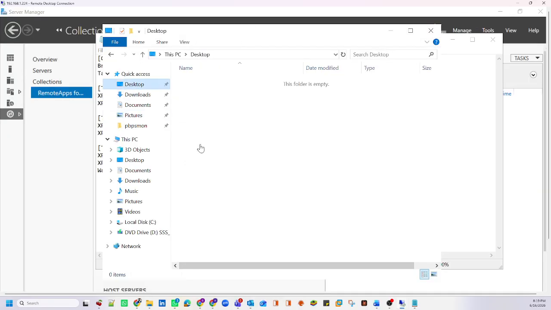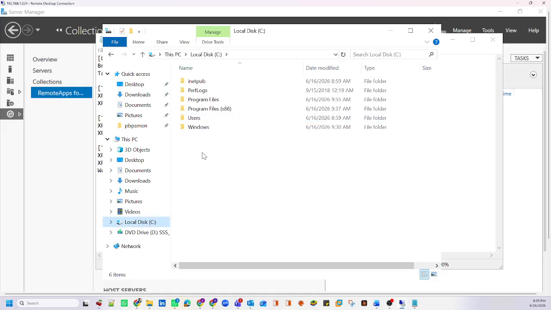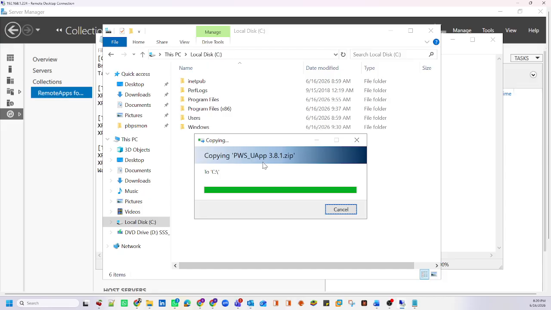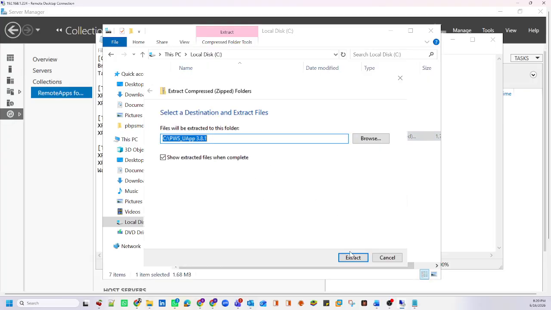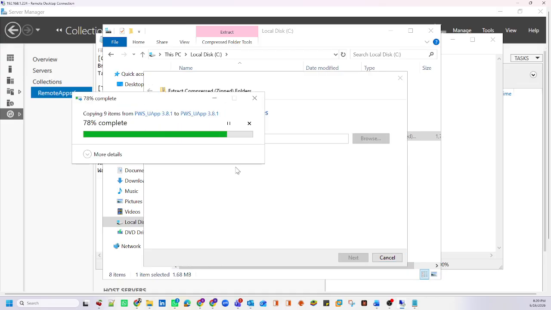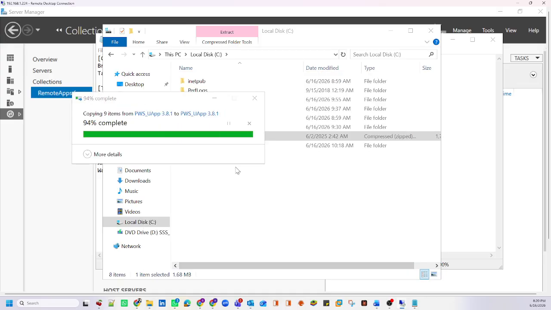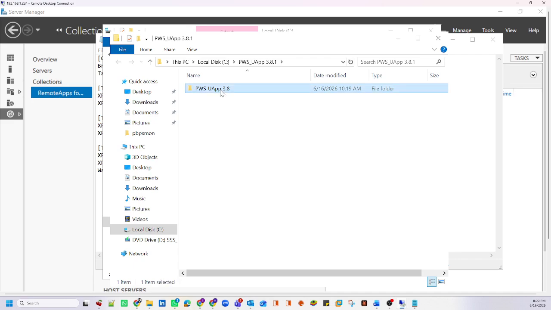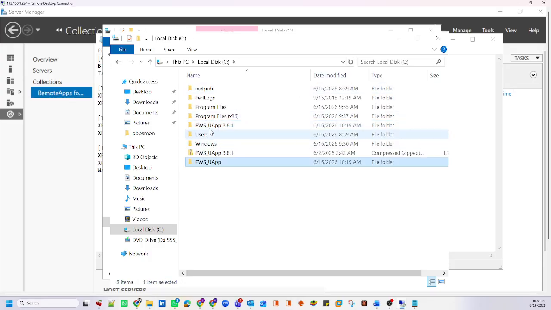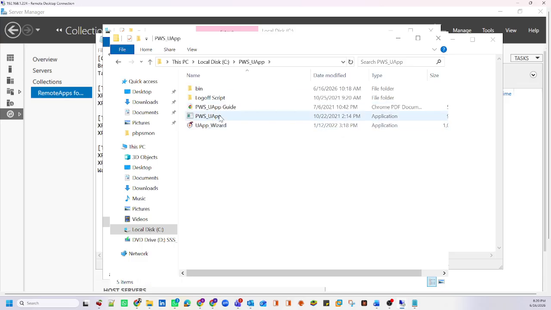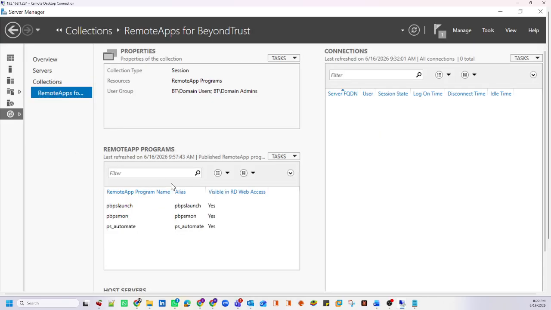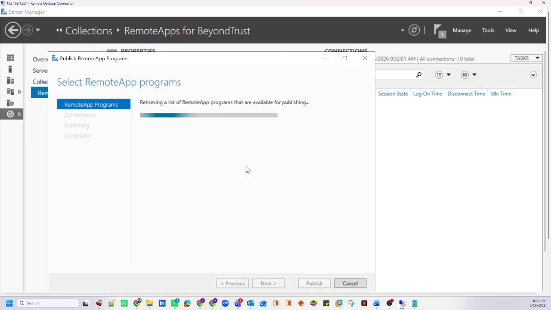Okay, let me just go back to the C drive and install it here. You can see this is password safe UF utility. So also I have to just extract this one in such a way. Okay, so you can see here, this is UF wizard, and I have to publish this one as well in the remote apps. So I'll just go back to the publishing